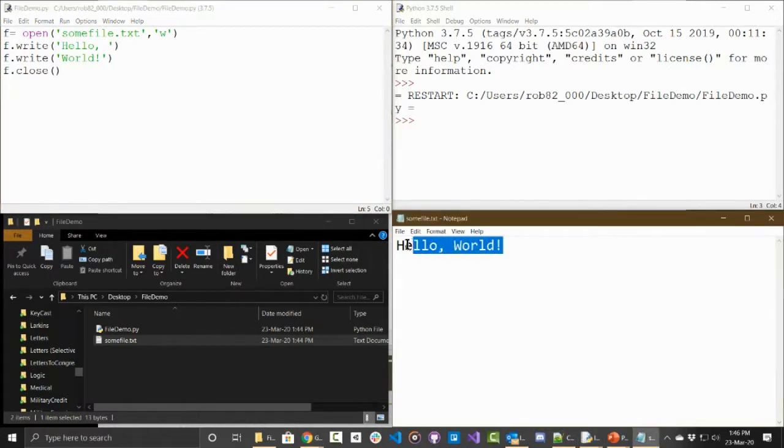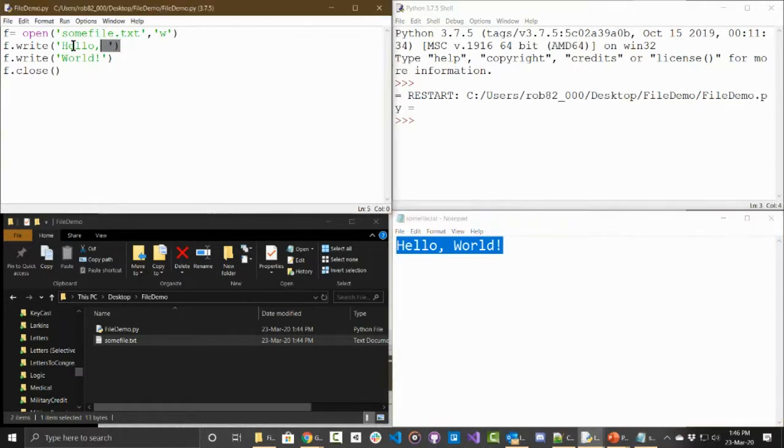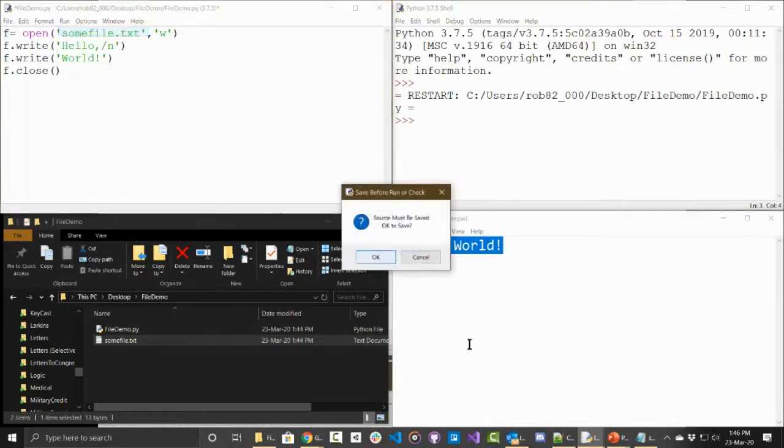So any idea why this ends up on one line? Well, the reason is that even though we have a write on two lines, unlike print, write does not automatically put a carriage return on it. If I were to put in here a \n and run this program,